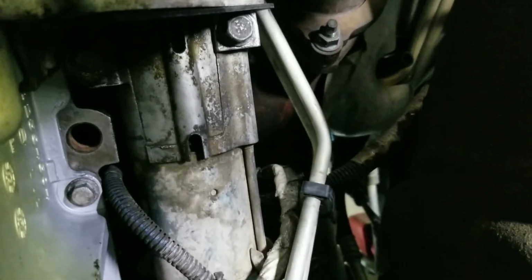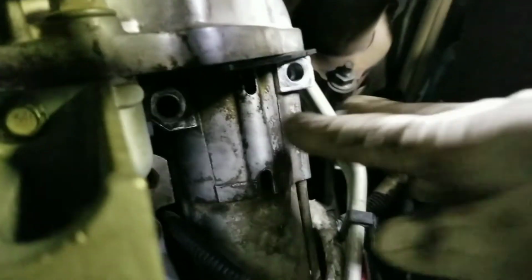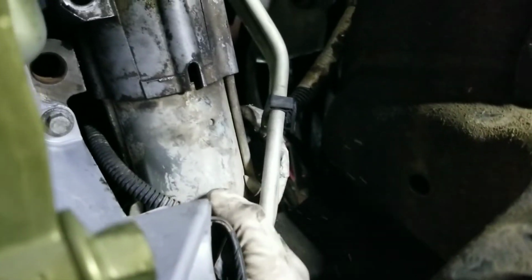Let me go ahead and get it done. Okay, the 2 bolts are off. 2 right there, 13. All you're gonna have to do is put one here, between here, anywhere, hold it. It's a lot of space, so all you have to do is push it back. Try to wiggle it, find your way out. Whatever is in your way, try to work around it. It's gonna be plugged on top, so